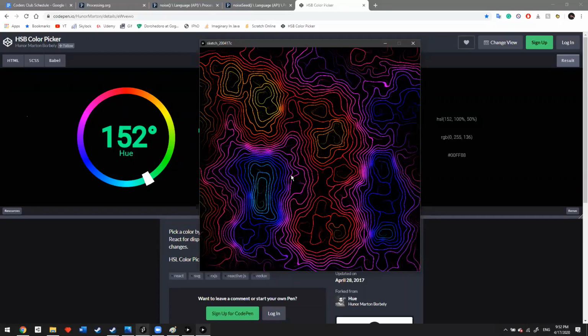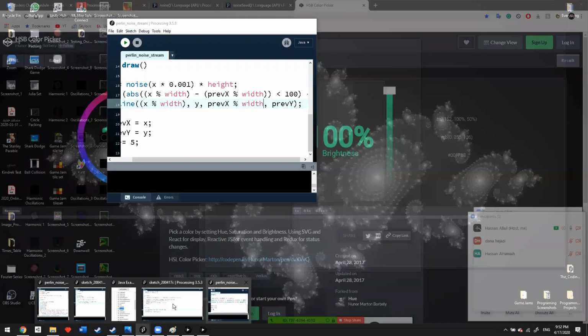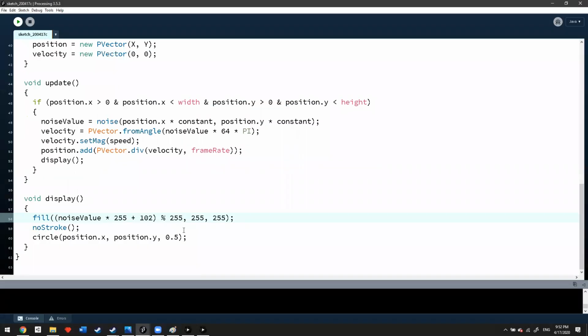So in most cases, you wouldn't even need to do this. You would just plug it in, use the hue saturation value, and just have it colored. But in any case where you exceed maximum values, you always want to use the remainder. So let's get back into Processing now. And what this actually did is that it opened up a whole range of possibilities for the ways we can color this program. So let me remove the